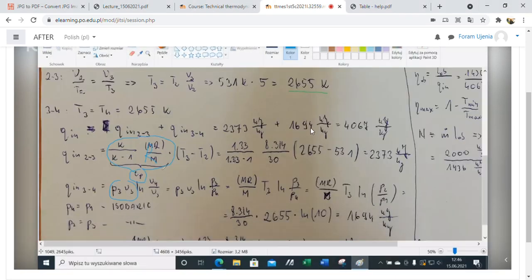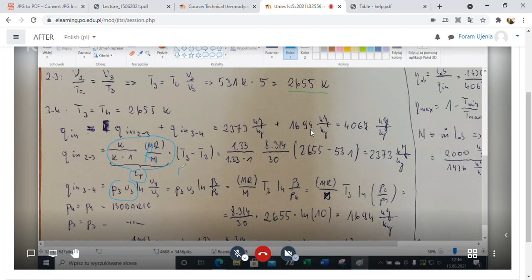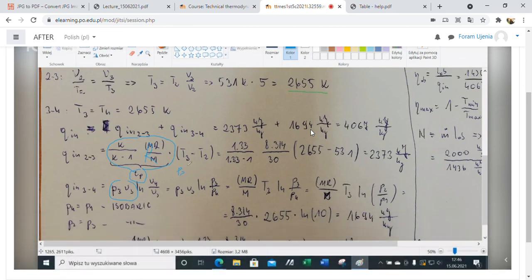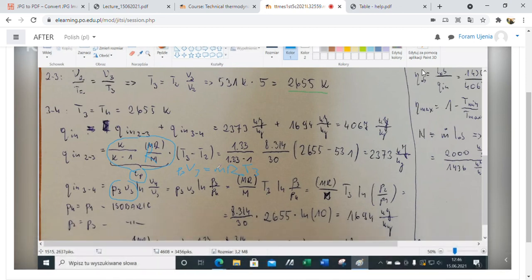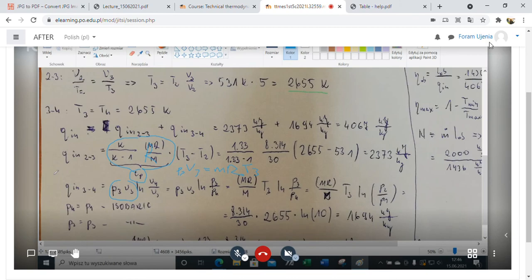So I use P3 V3, it is M R T3, correct? And yes, and look, because we are doing the calculation for specific values, so per 1